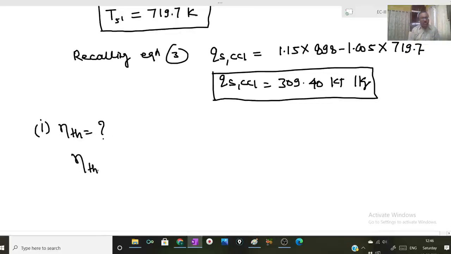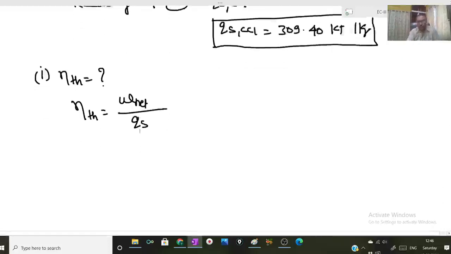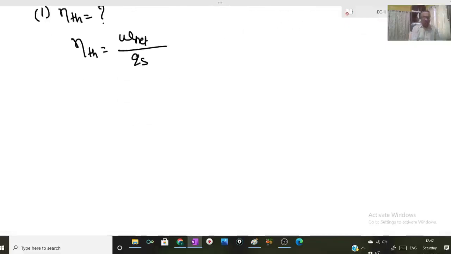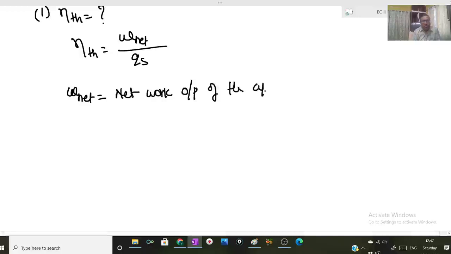So thermal efficiency is nothing but W net to the total heat supplied, where W net is the net work output of the cycle, and in the problem it is given that the net work output of the cycle is nothing but